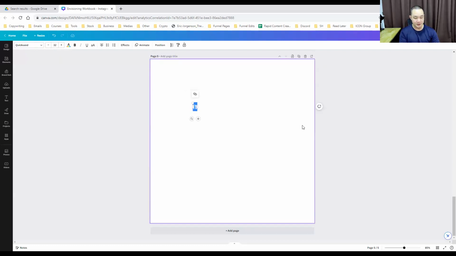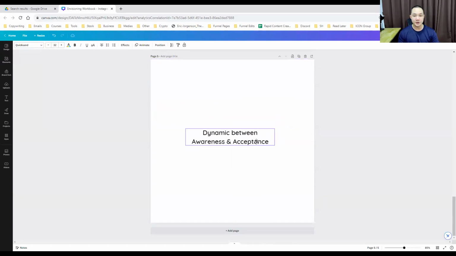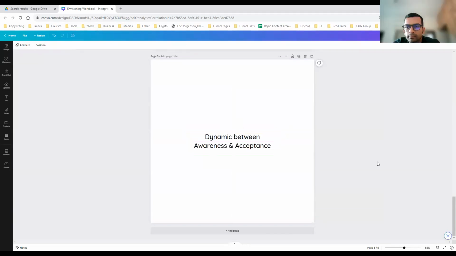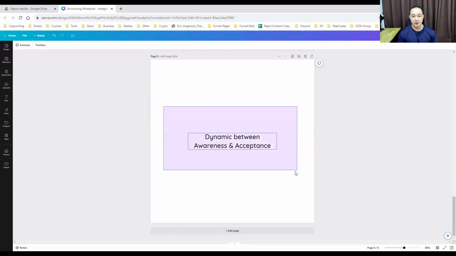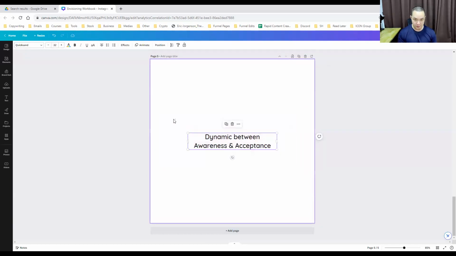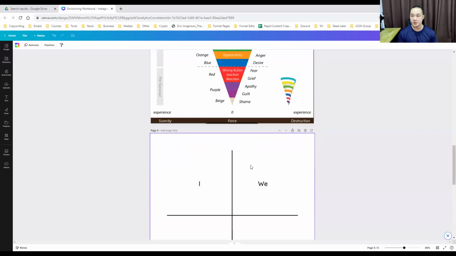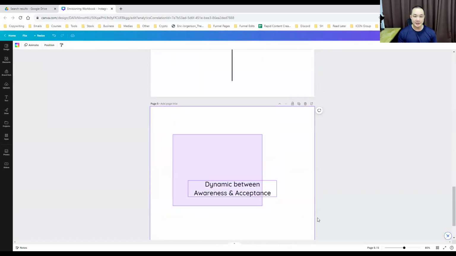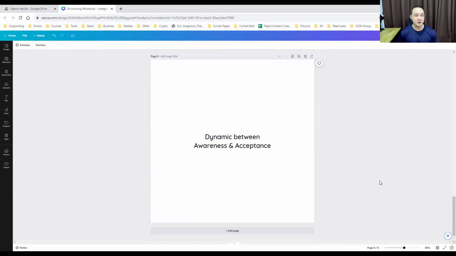So personally, I don't subscribe to any of that. To me, I just define it as this: the dynamic between awareness and acceptance. This is my personal definition of it. I didn't take this from anyone. It was just something that I think about, and I came to this current theory. I wouldn't call it a conclusion. It's just a current theory of what consciousness is. And why I said this is because